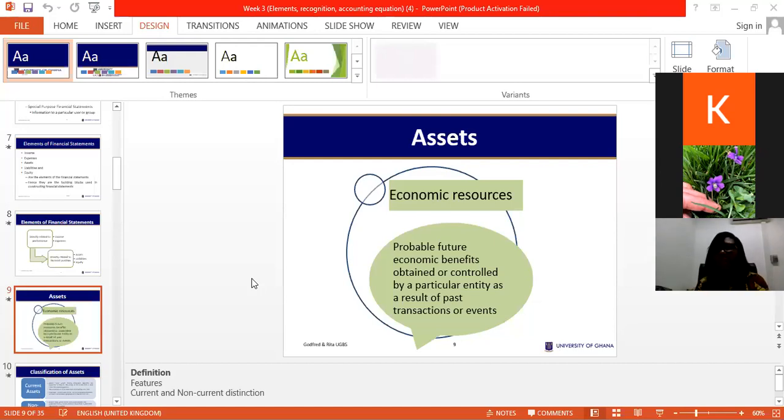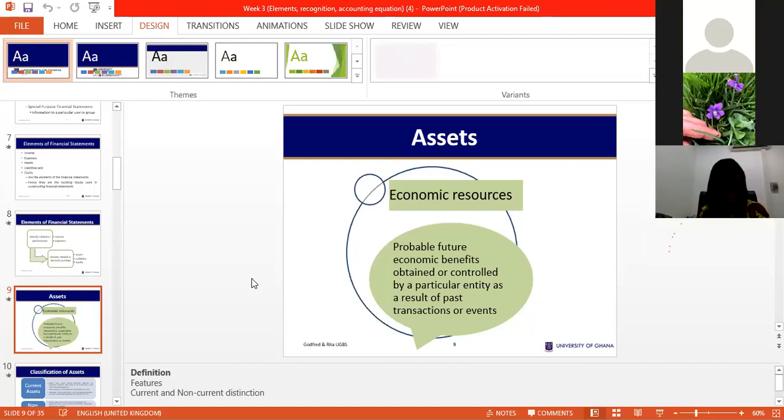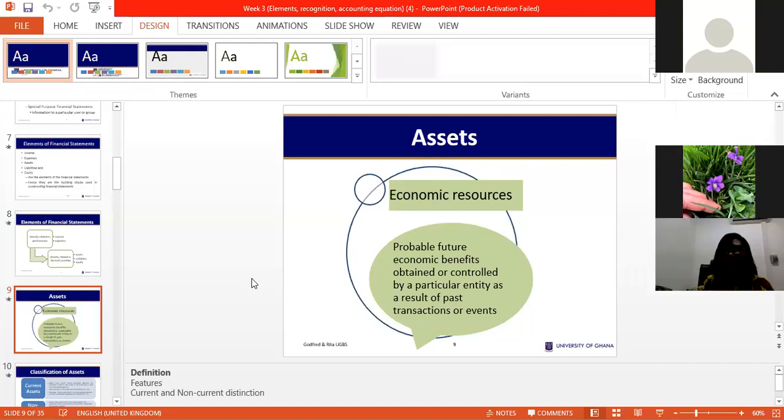Okay, that is Calvin. I've seen Selassie's hand up. Selassie. I don't believe employees are assets to the organization. This is because you would have to pay these employees when they work for you. So this brings extra expense to the organization. So I don't think employees are assets. Okay, it's getting interesting. Any other?